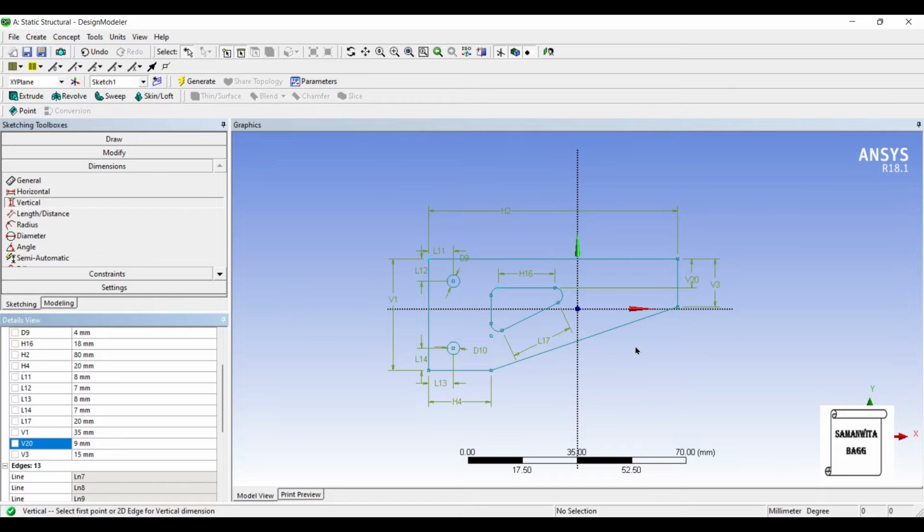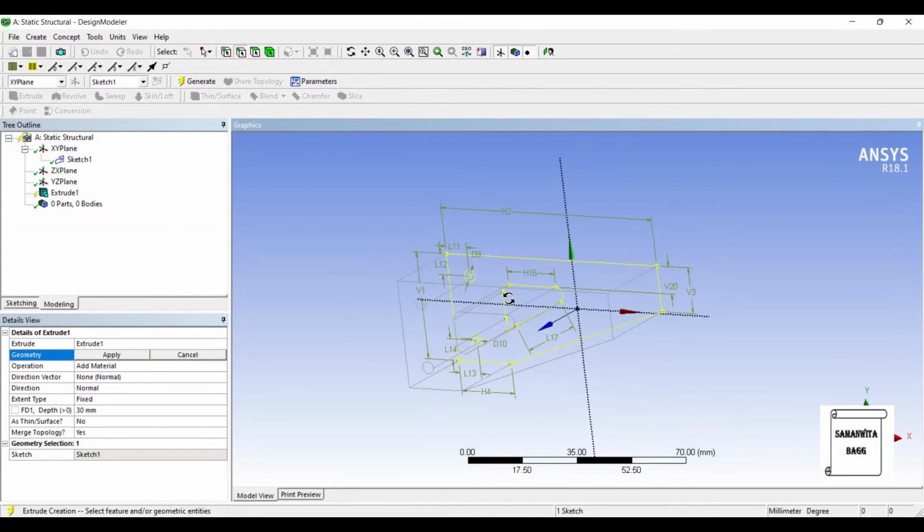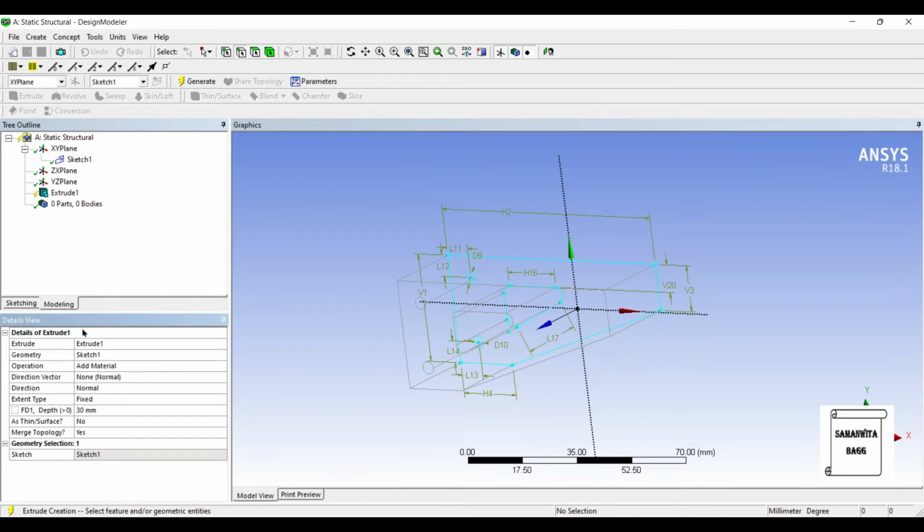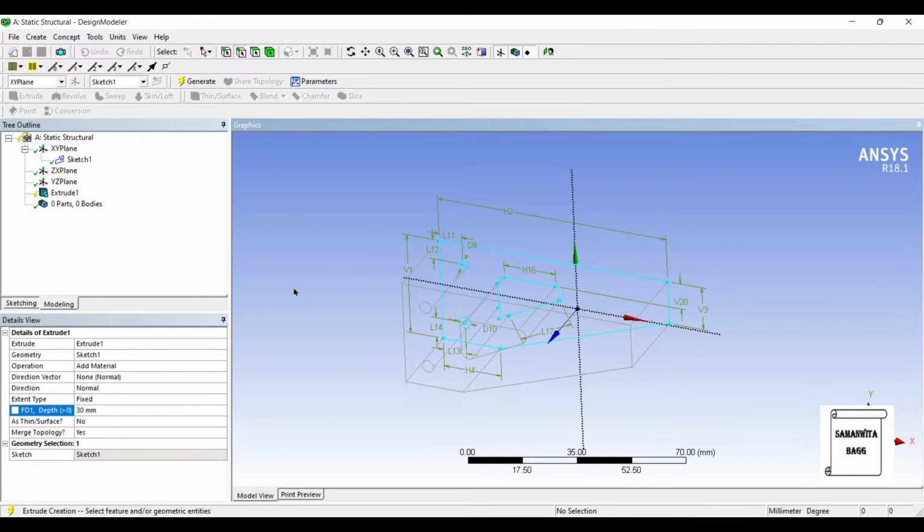You can see I have given all the dimensions. So I'll go for extrude, and let me give this depth as say 20. Generate.